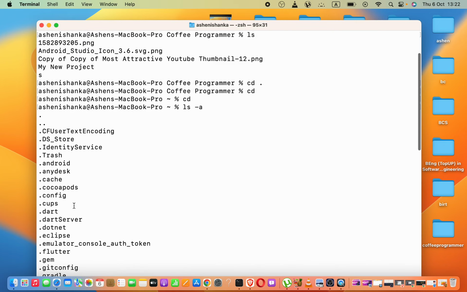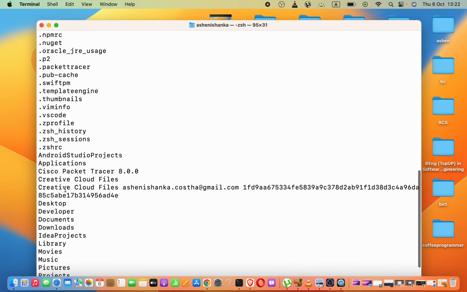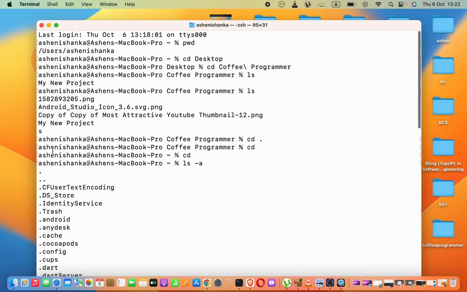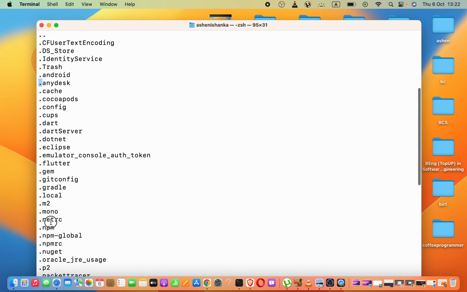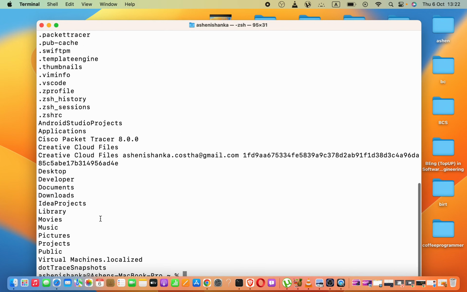Okay, now you can see there are some hidden folders. They are shown by a dot and the folder name. There should be a dot on the left side. Okay,